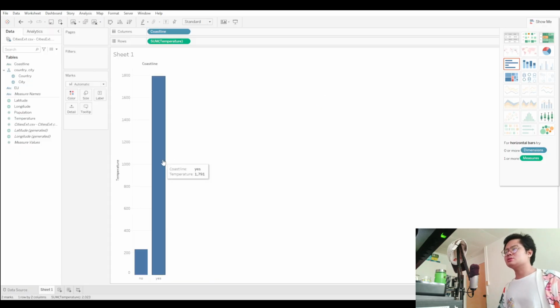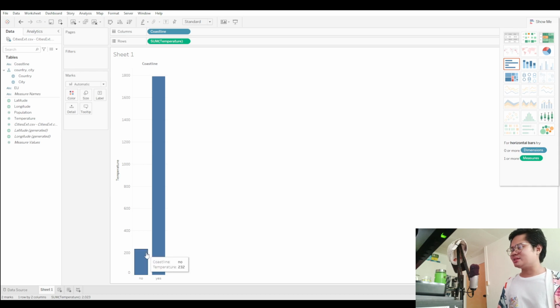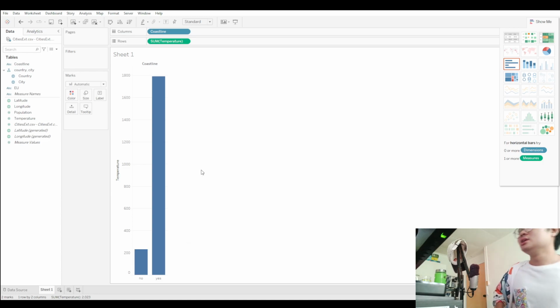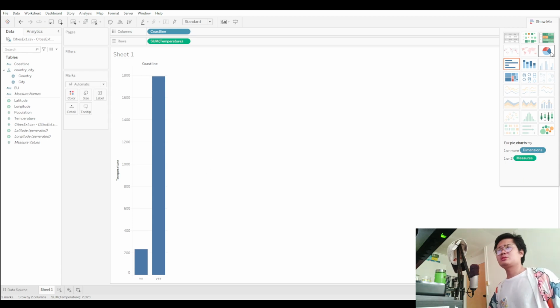The cost line, yes, has 1791 temperature, right? And then cost line, no, already gets 232 overall temperature. Okay, so what if,